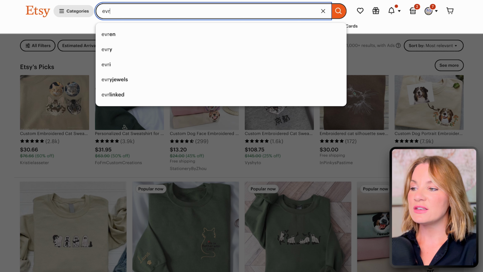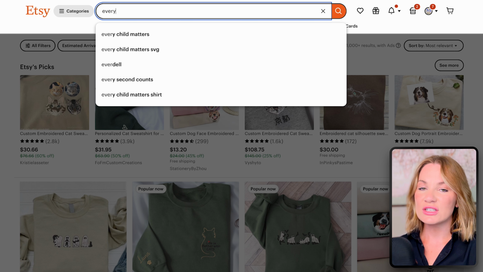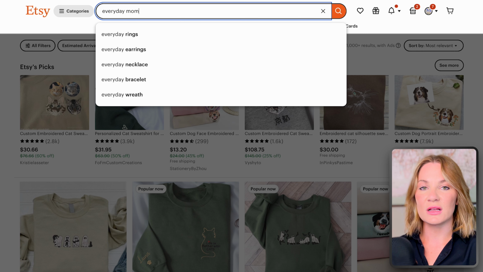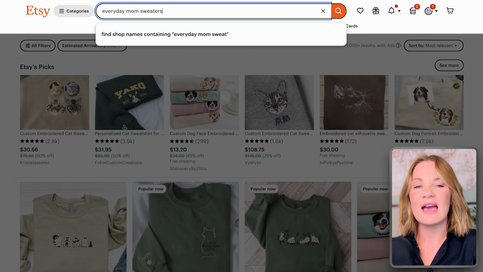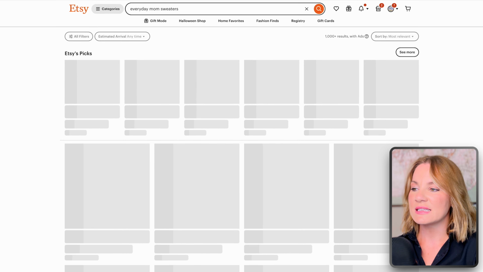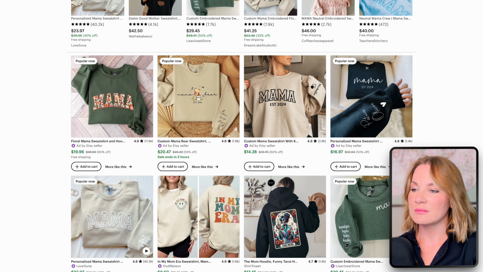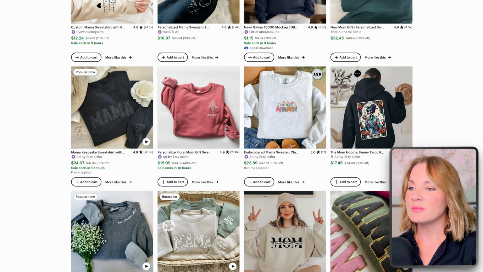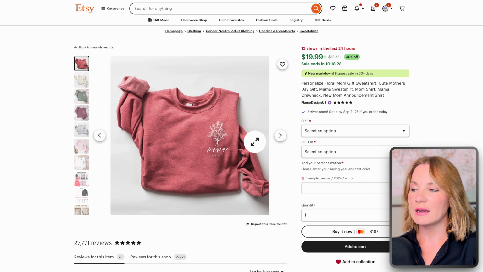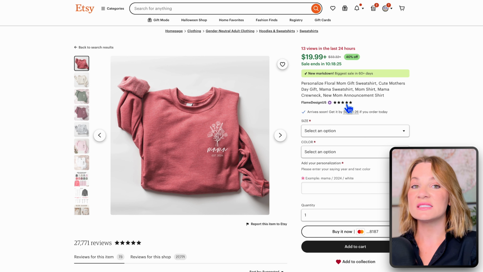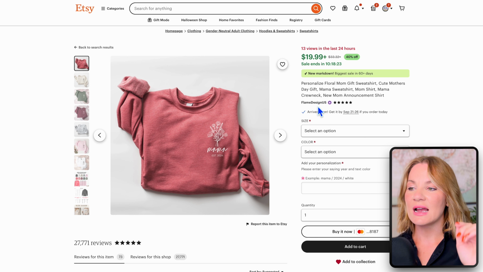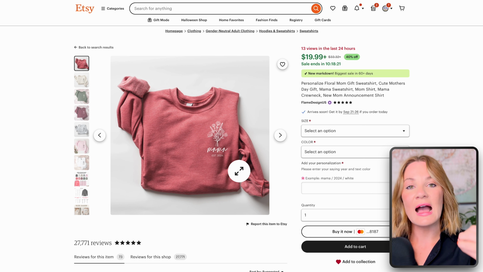So what I typically do is go to Etsy and just search in the search bar for the item I'm going to look to offer in my shop, maybe that I have an idea for. So for this example, I'm going to be looking at everyday mom sweaters. I'm going to scroll down here. I'm seeing this sweater that I like. I like the font. I like it's very pretty, chic. It has a lot of sales, and I know the design is something that I feel like I can replicate